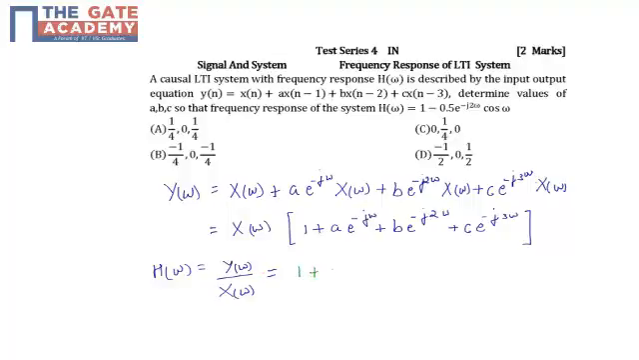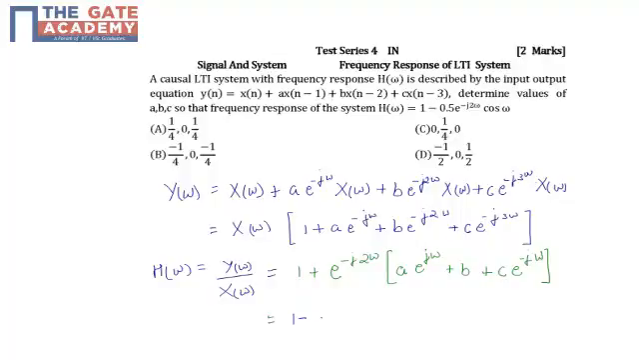1 plus, if I am taking e raised to minus j2 omega outside, then what we have is a times e raised to j omega plus b plus c times e raised to minus j omega. Now since we want this factor of cos, so if we are equating this, what we have is